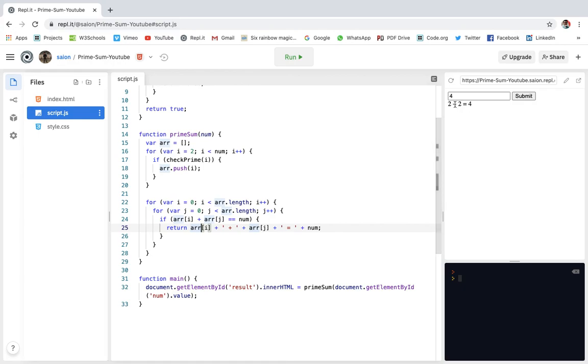So array i is 2 at first time, and then plus 2. So it will put a plus symbol because I have put it in quotes, plus array j. So if it is 2, array j is also 2. So 2 plus 2, and I am adding an equals to sign. So equals to will come over here, and num. So that number you passed is equals to 4.